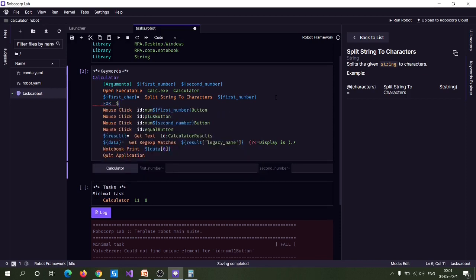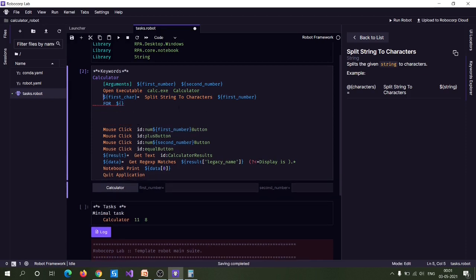So we can specify the for each loop here: for i in first_cat.